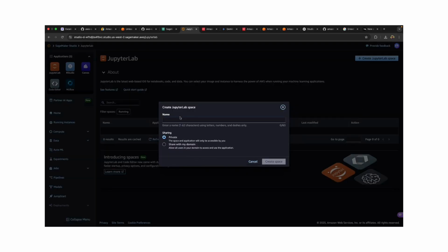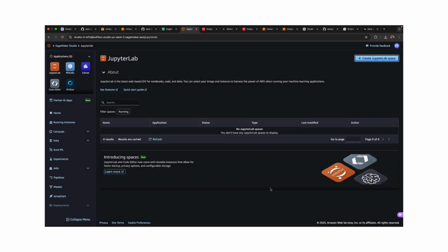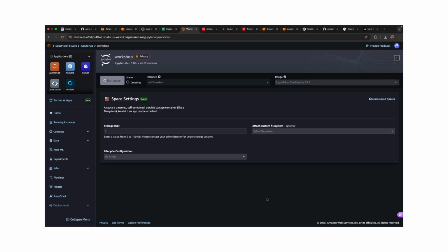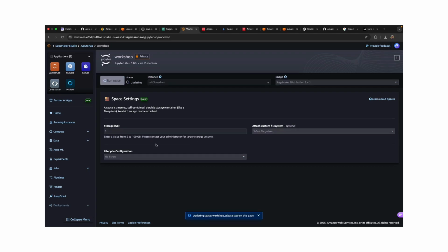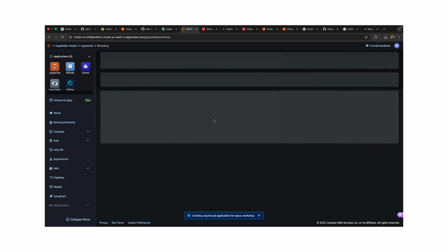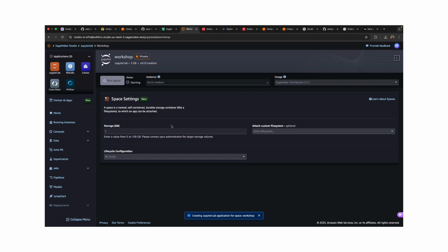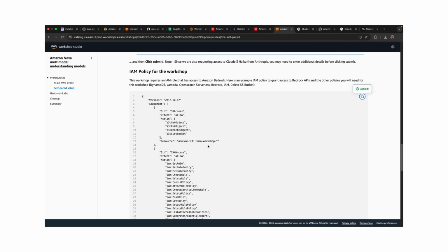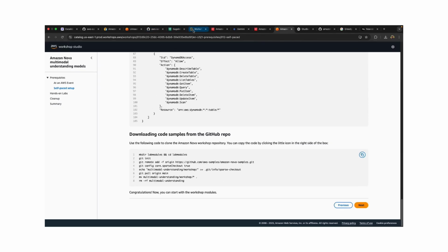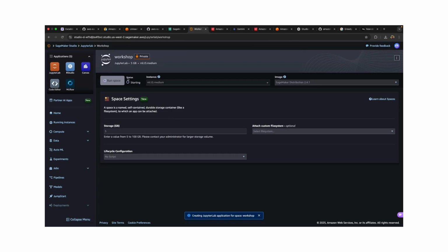So hit that plus button, give it any name, private, create space. And now you are going to click on run space. It takes a while to load.